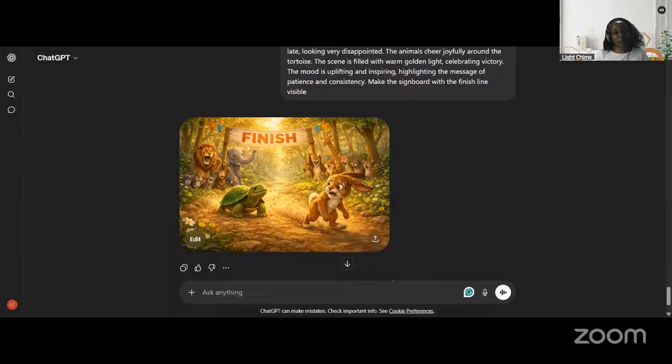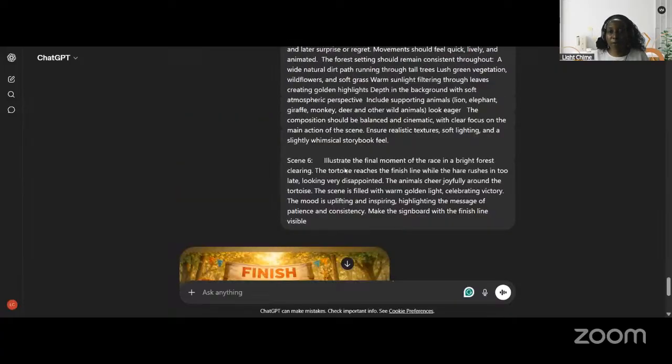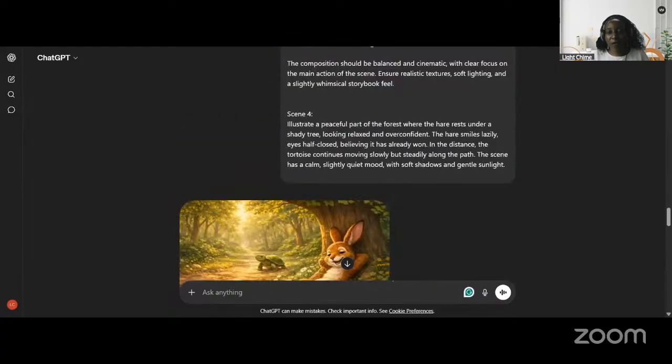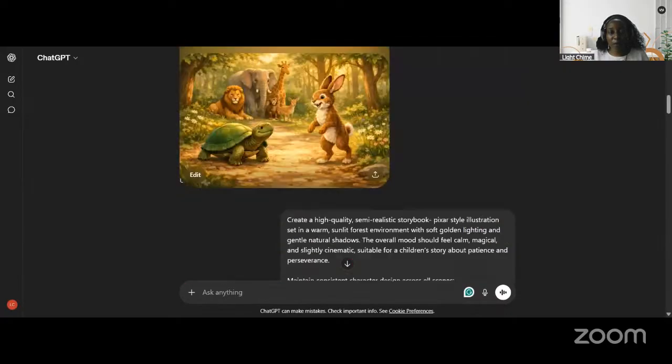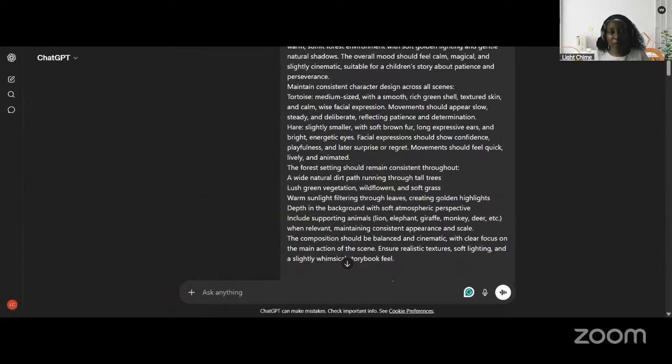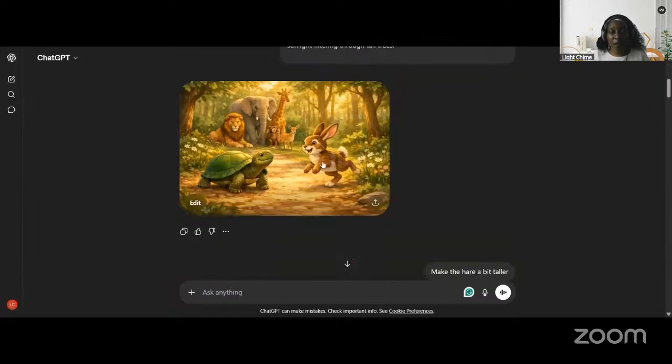Now, the next thing I want to do at this point is create a story with this. So the first thing I need to do is download my images. You can download everything at once, but I think I'm just going to go from the beginning. So I'm going to do this,